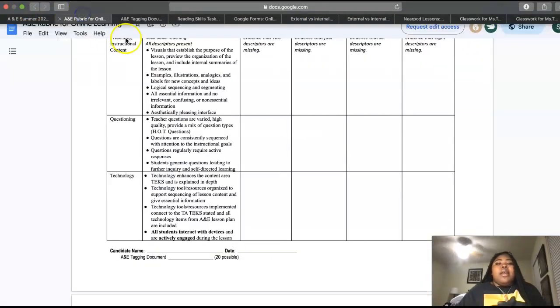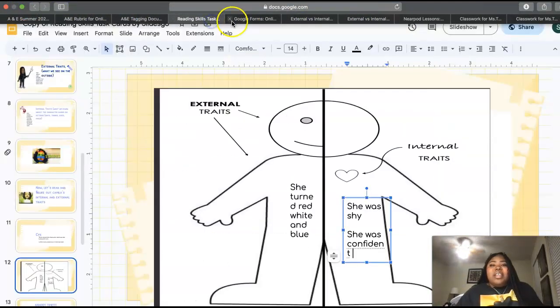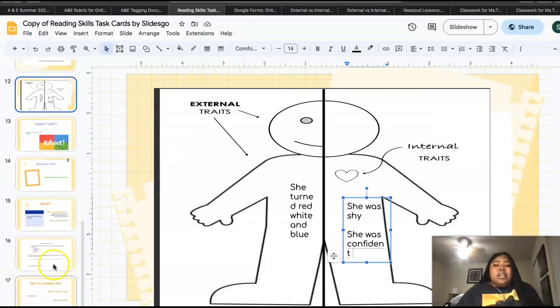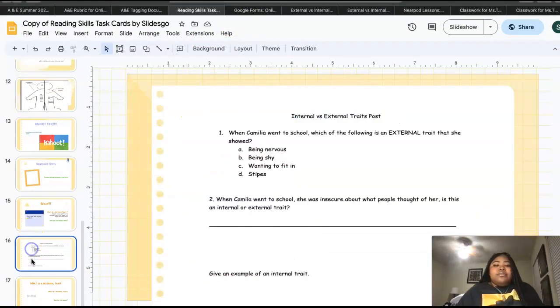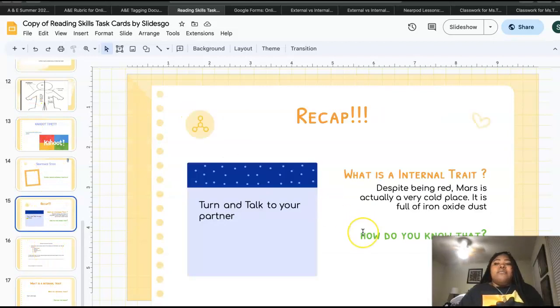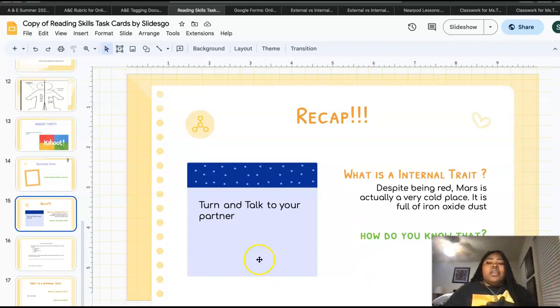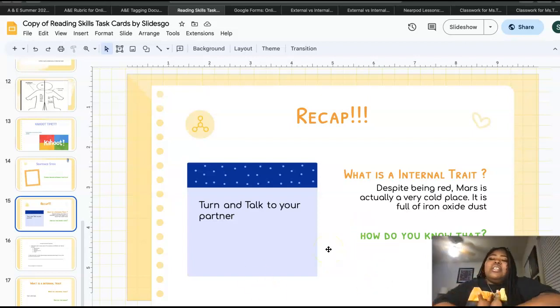Today, in conclusion, we were able to talk about external and internal traits. Like I said, if you guys have any questions, do not fail to reach out to me. External traits, just a recap, are traits that you can see on the outside, and internal traits are things that you can see on the